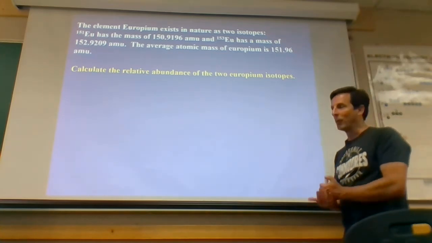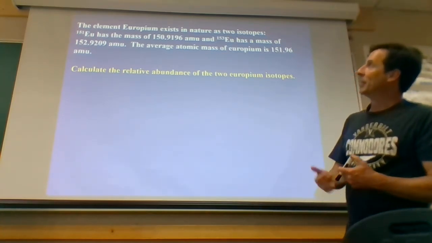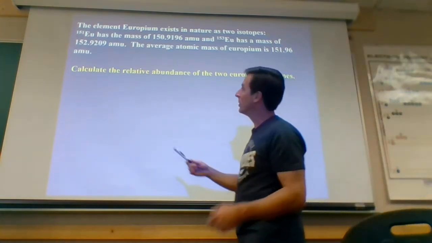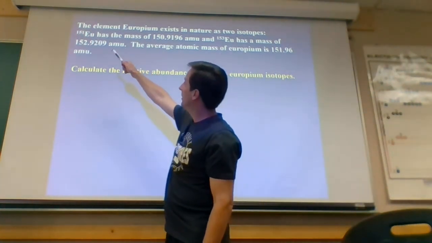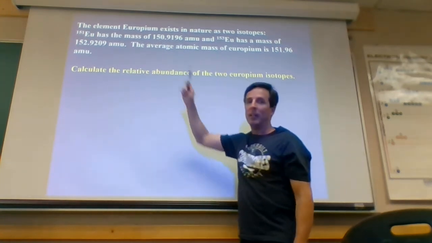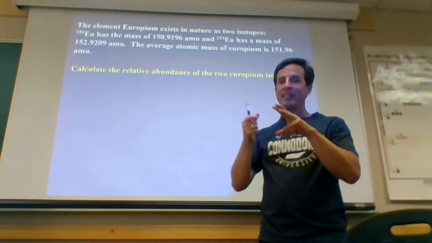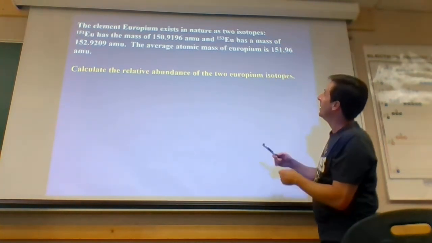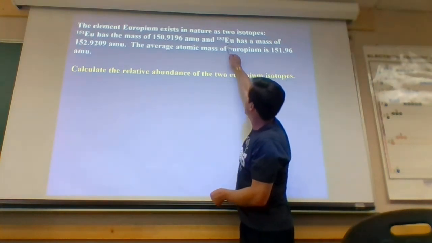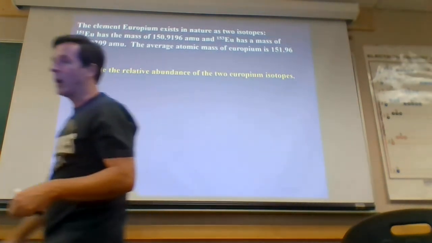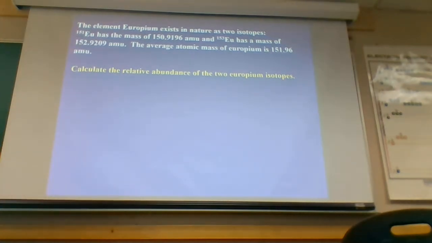All right, so then I have one more. I have an element europium. It has 2 isotopes. Now here's one that actually shows europium 151 has an actual mass of 150.9196. So it shows that the real mass is close to 151, but not the same. Okay? And then the other one, 153, is my isotope, has a mass of 152.9209. So I have 2 isotopes. I know their masses, and then it actually gives me